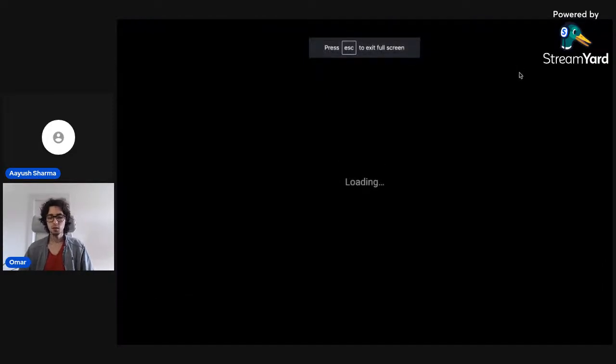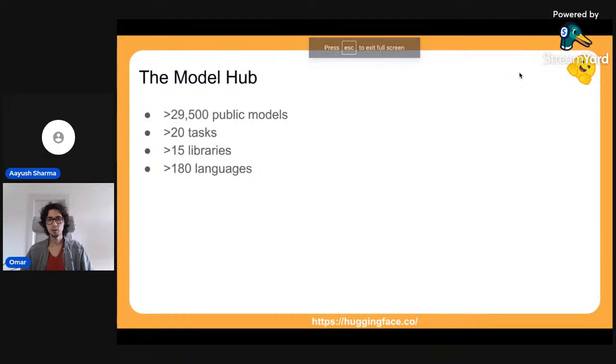So the Hugging Face Hub has by now over 30,000 public models. These are models available to anyone out there. We have models for 20 different tasks. And although we have support for Hugging Face Transformers, which is an open source library created by us, we also have integrations with over 20 libraries in the open source ecosystem.